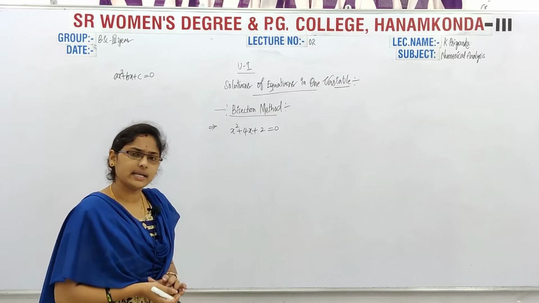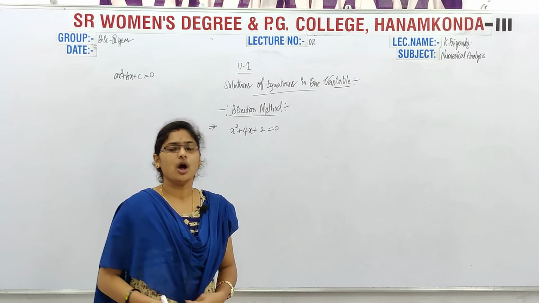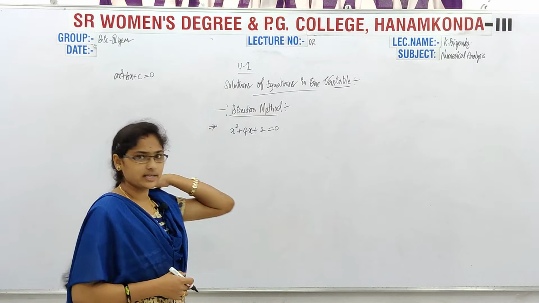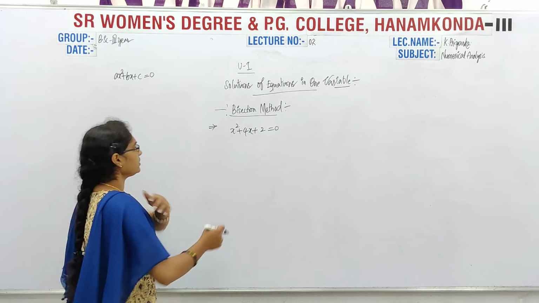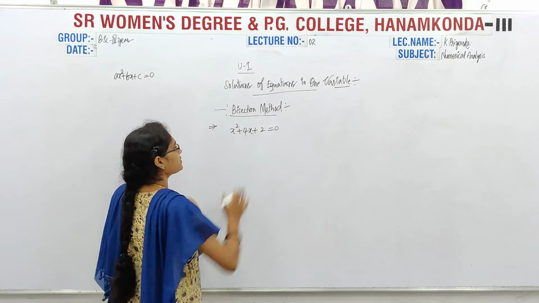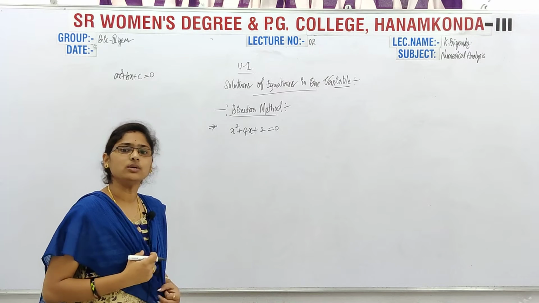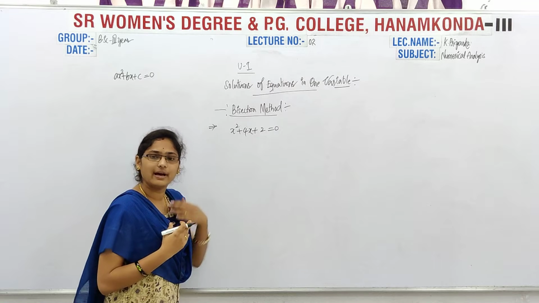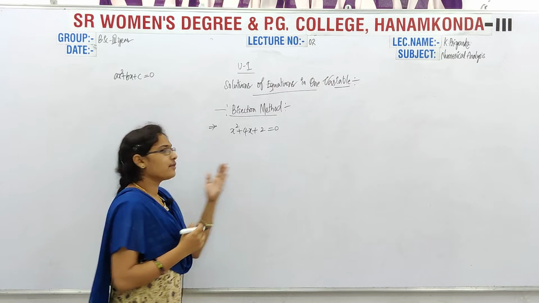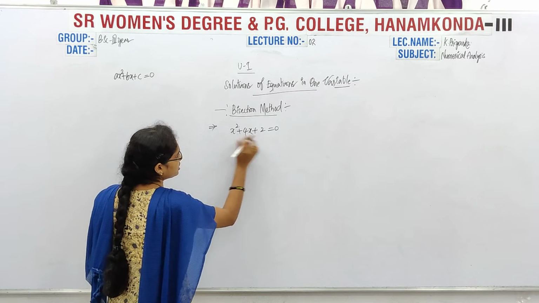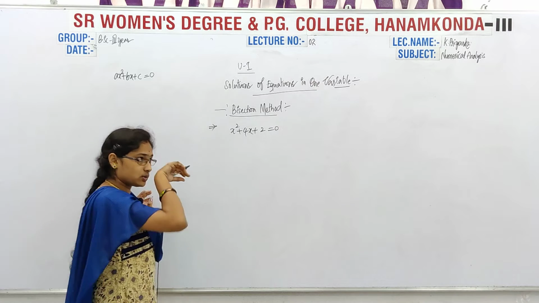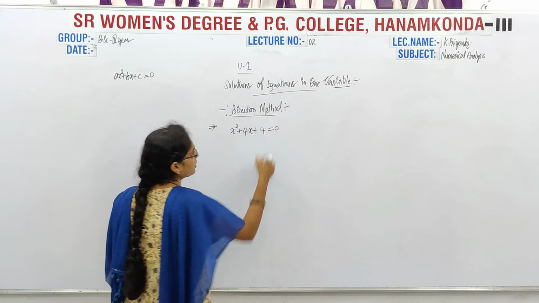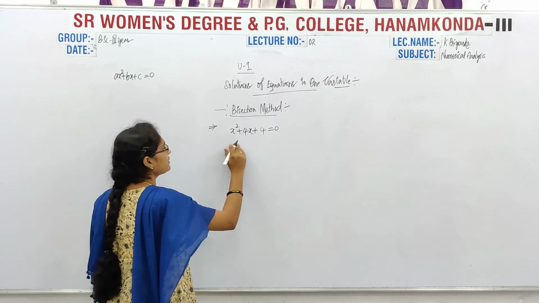Can I say that this is a quadratic equation of only one variable, that is x? Yes, we can, right? Now x square plus 4x plus 2 equal to 0. And for this one, what do we have to do? I have to calculate the values of x. For that, we can take factorization, that is 2 ones are 2, right? Sorry, it is nothing but 4. So the meaning of this one is 2 2s are 4.